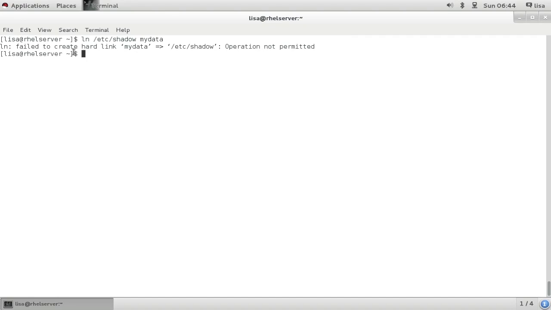As you can see, no one has permissions on /etc/shadow. In order to see that, I'm going to do ls -l /etc/shadow. See, no one has permissions on /etc/shadow, and that's because hashed passwords are stored in the /etc/shadow file. This is a newer security feature. It will only let you link to a file that you have read permissions on, and that's how you create hard links and